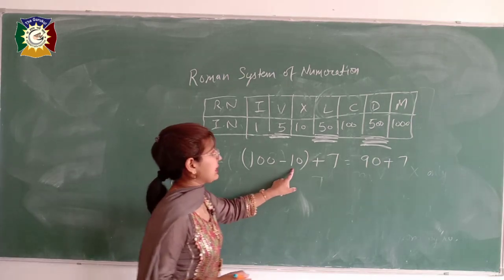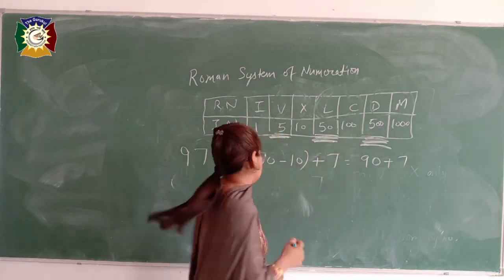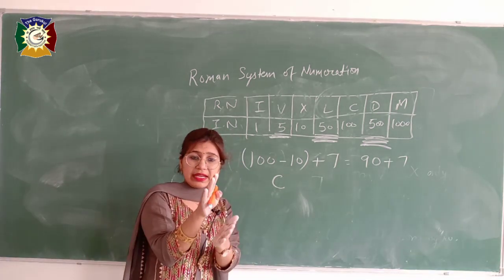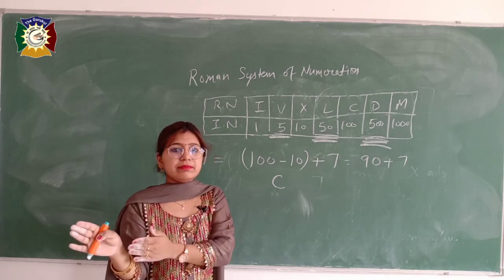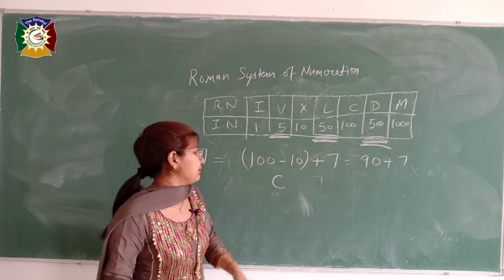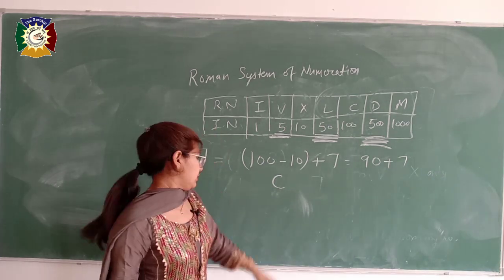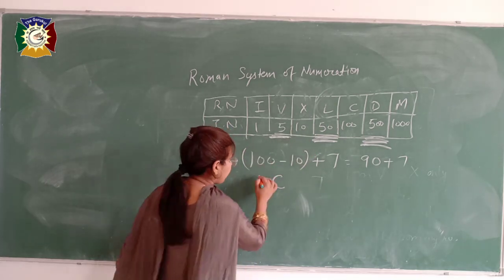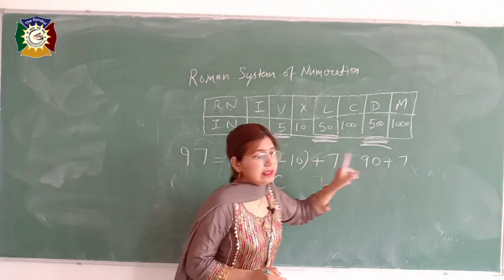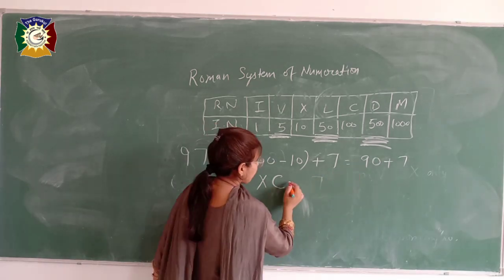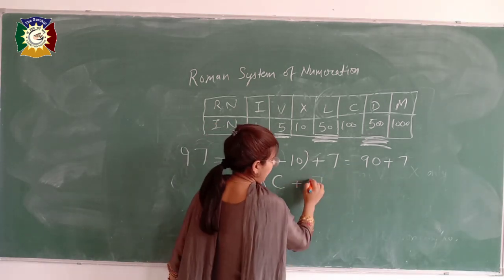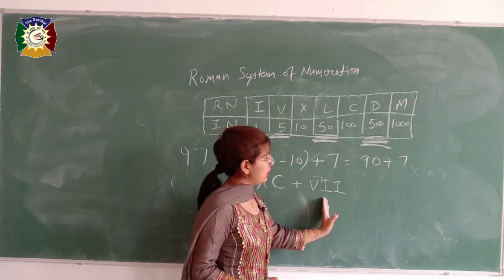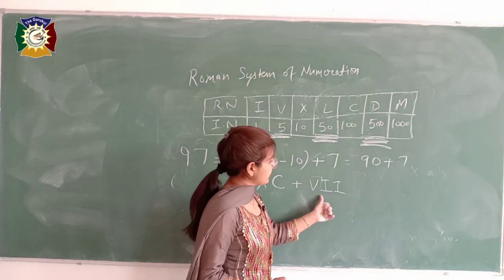Here you can see 100 minus 10. The symbol for 100 is C. You write it. Now you want to subtract 10 from it. And what I said: when you are writing a smaller symbol before the larger symbol, or to the left of the larger symbol, it means that you are doing subtraction. So C is here. If you write X, the value of 10, to the left of this, it will denote your 90. Now you want to write 7. For this what do you have to do? Here you have to write V, I, I. V is for 5, and if you are writing the smaller symbol to the right of a larger symbol, it means that you are doing addition.